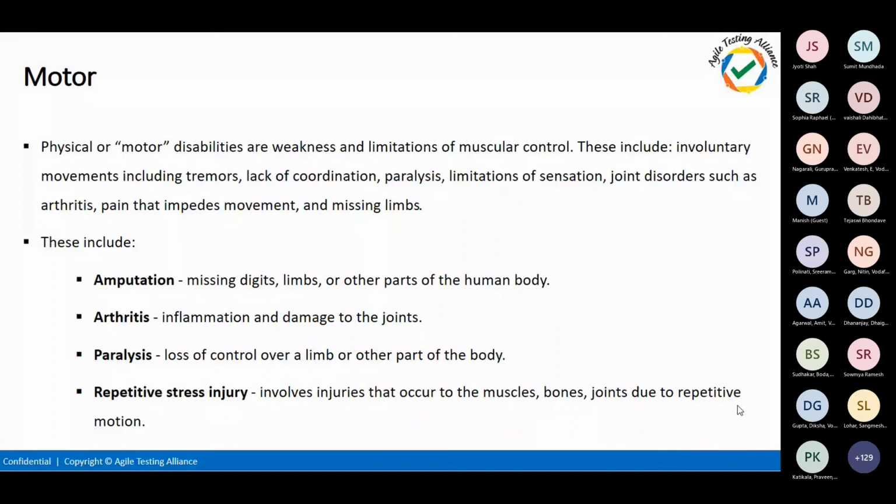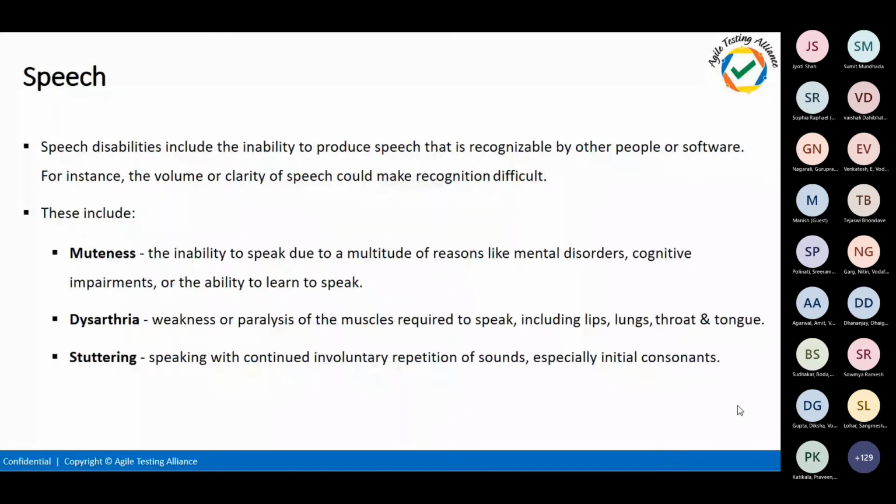So motor covers people with hand and jaw issues and all those things. And when it comes to speech, some people are able to speak partially, and some people will be completely muted, so they can't say anything. These people need to be considered under the speech section.